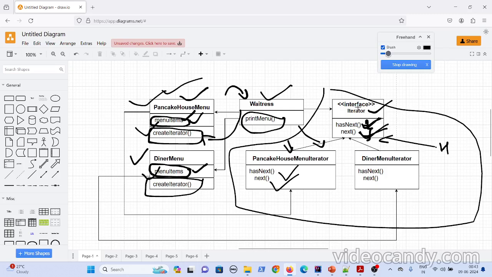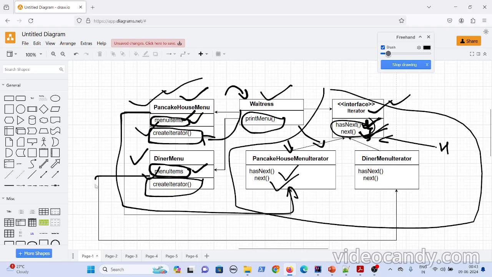Here you can see the interface is the superclass, and the pancake house menu and the dinner menu extend from it. The waitress uses the pancake house menu and the dinner menu to get the iterators, and once she gets an iterator, she uses the iterator interface to invoke the methods. After that, the pancake house menu creates the pancake house menu iterator, and that's why it uses this pancake house menu iterator.